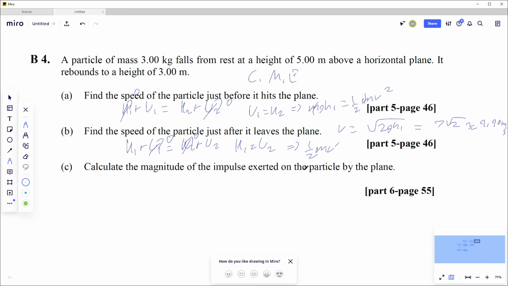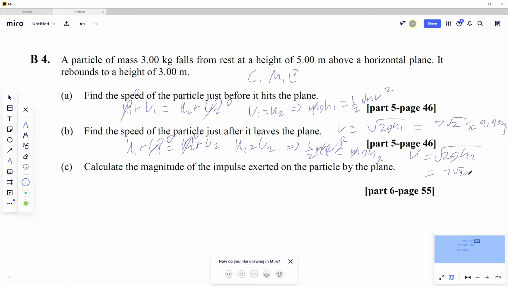If it's kept, it will fully rebound forever and forever, but it will not. So half m v prime squared equals m g h, where h is 3. Cancel the m's, times 2, so v prime equals the square root of 2gh, which is the square root of 2 times 9.8 times 3. You're going to get 7